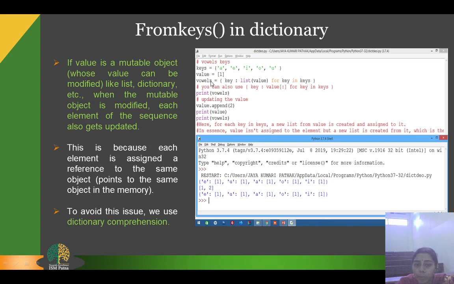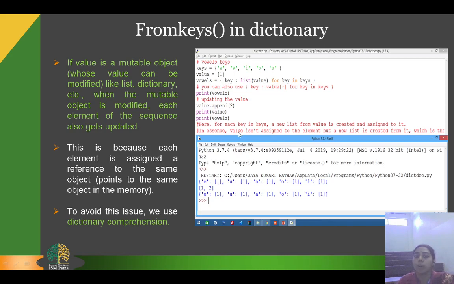Now when we printed vowels, we got a dictionary: E equals 1, U equals 1, A equals 1, O equals 1, I equals 1. Now I have appended the value 2 to one list, so the new list is 2, but again if I print the vowels, it is only the same.